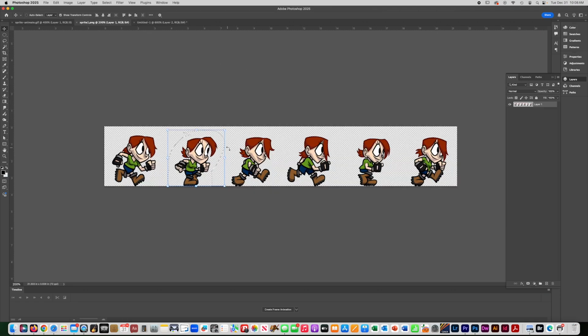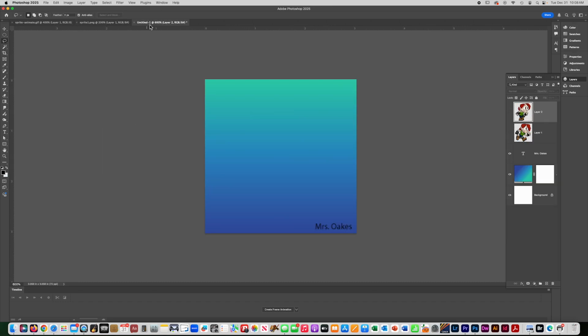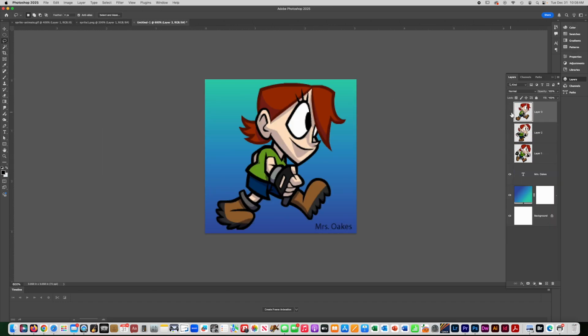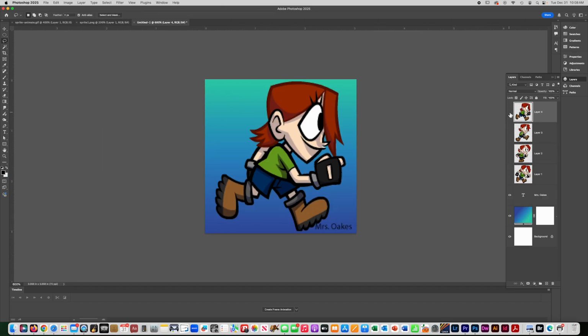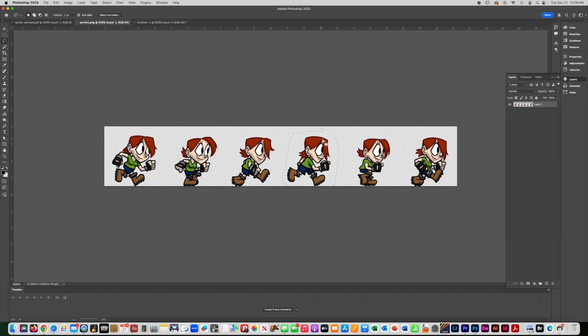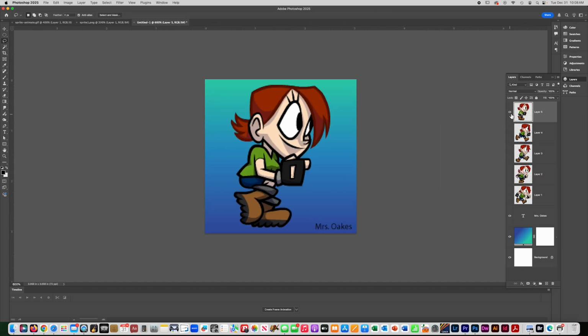And then continue to do the same thing. Control D to deselect, get your lasso tool, draw a selection around the third character, paste it in, turn that layer off, go back to your sprite, Control D, make the selection of the fourth position, copy it, paste it, hide it. Go back to the sprite, do Control D, copy your fifth one, Control C, Control V, turn that